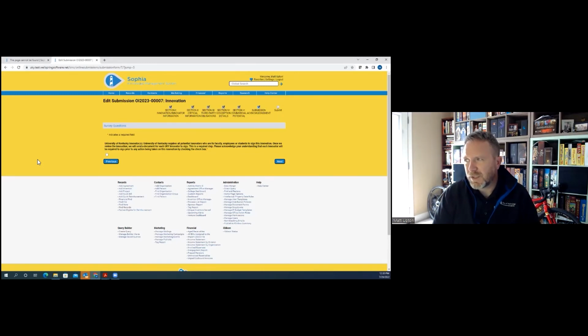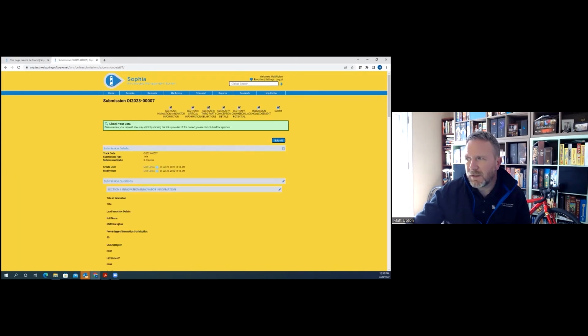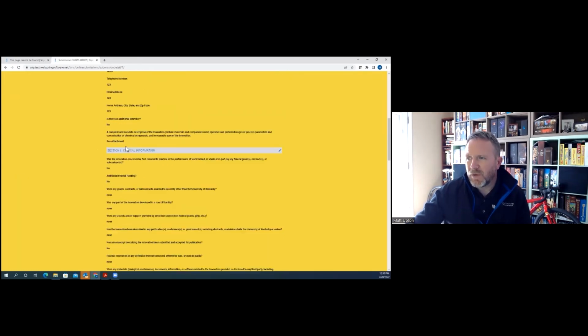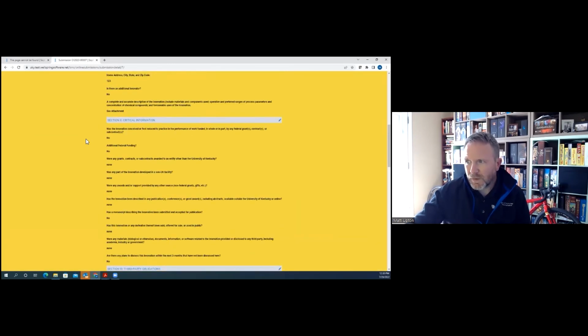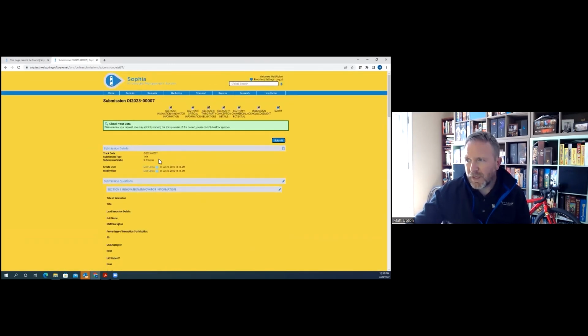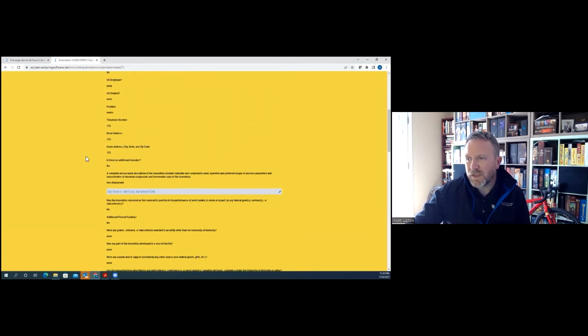Please acknowledge you understand that each inventor will be required to sign prior to any action being taken on the innovation by checking this box. And you can check the box, hit next. And then the last step is literally just a submit. So you can review all of the information here. Scroll up and down, see what your title is, and then hit submit, and it will send it over to